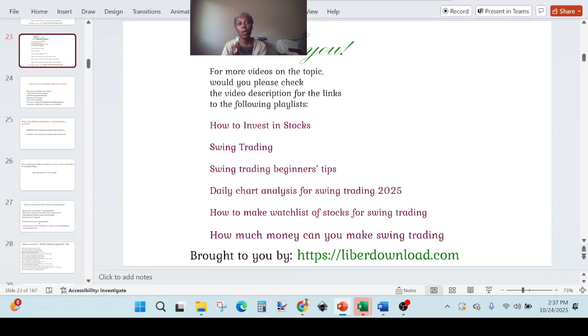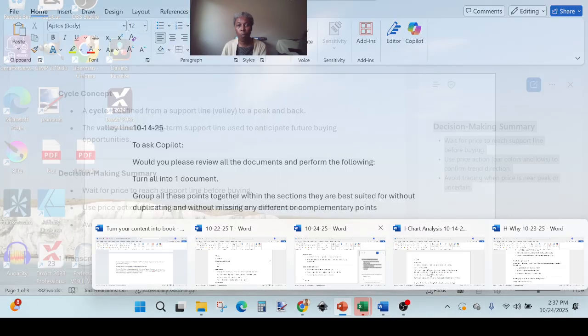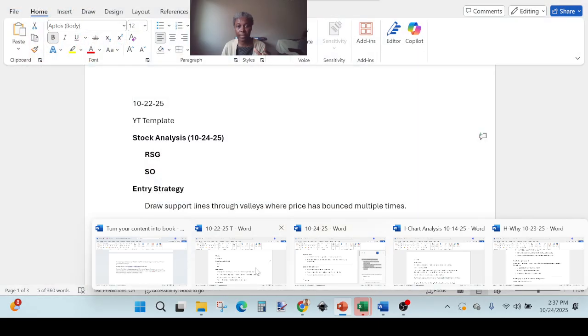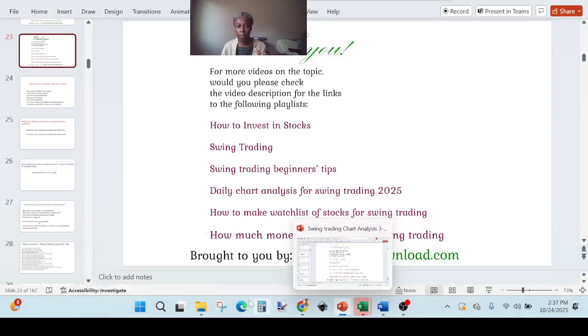So that's how you can just create little by little. You can create that content and turn it into an ebook, and you can try to be more strategical about it. Going into 2026, I know that I'm going to create daily content, at least that is the plan. So therefore, I wanted